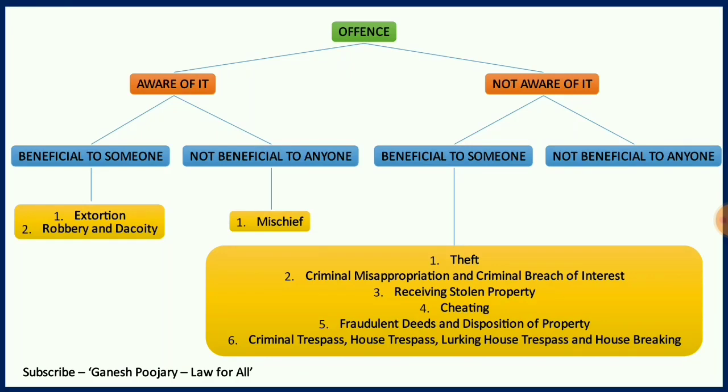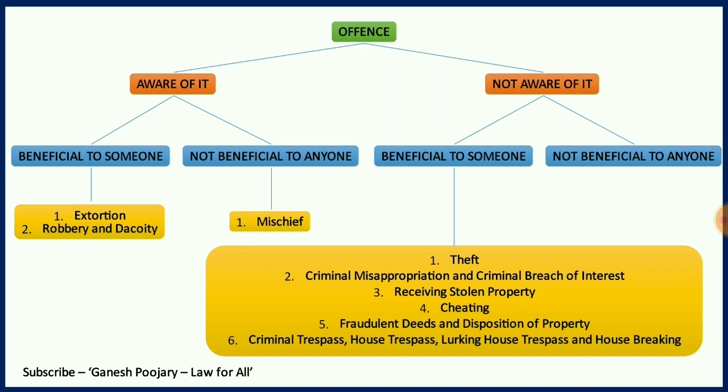This is the skeleton that I have prepared for chapter 17 of Indian Penal Code. Now, there are offences in this particular chapter, and I have divided those offences into two categories. The first category has all those offences where you are aware of those offences. That means you are experiencing those offences, whereas the second category of offences, you are not aware that those offences are happening right with you. Now, these are the two types I have prepared.